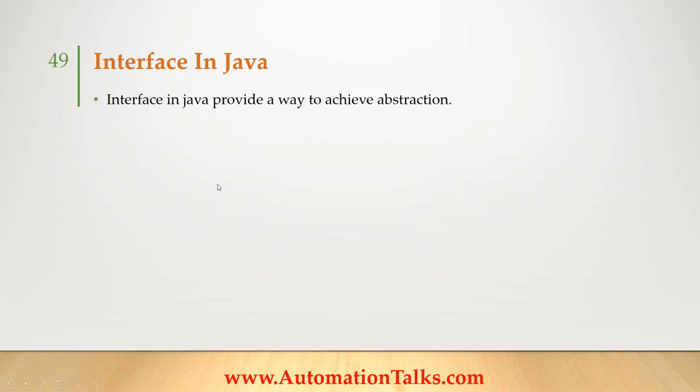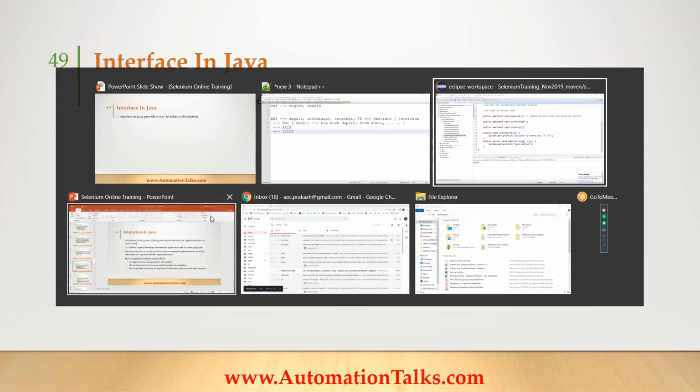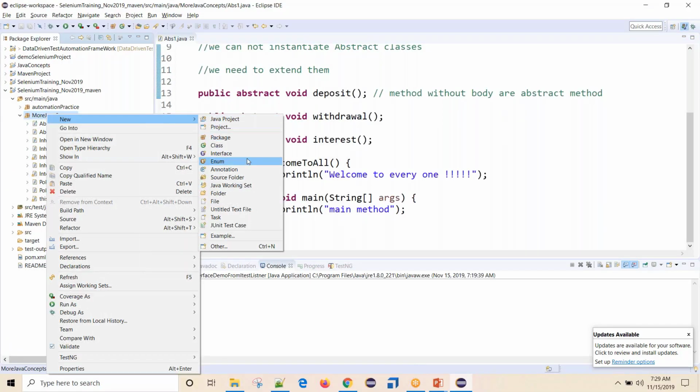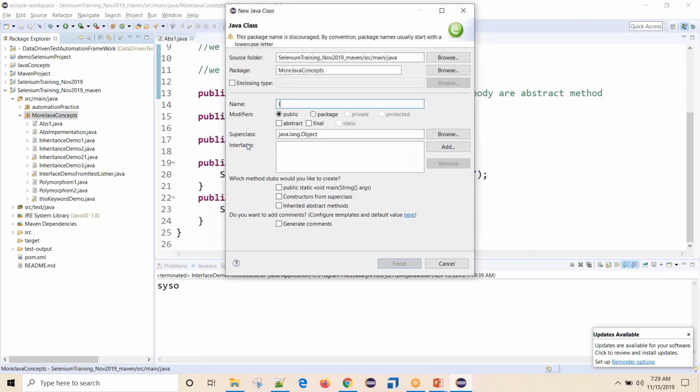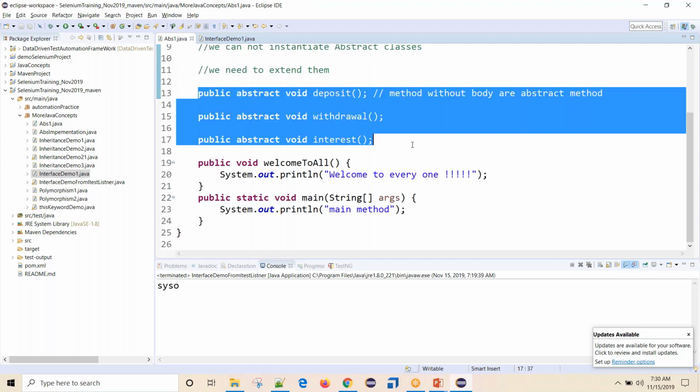Let's talk about interface. Let me create one class, Interface demo 1. Okay, so now in abstract classes, what we did is we created abstract method as well as